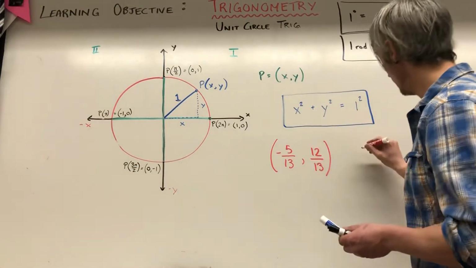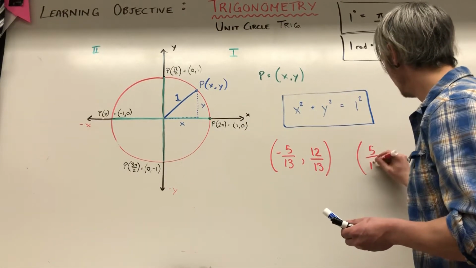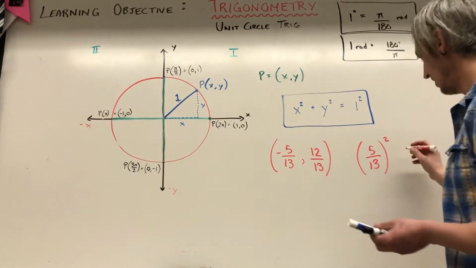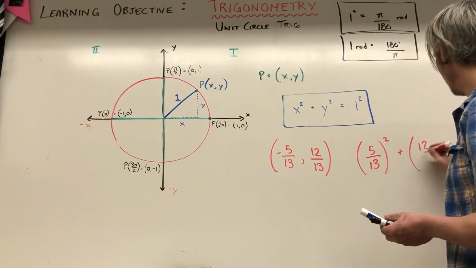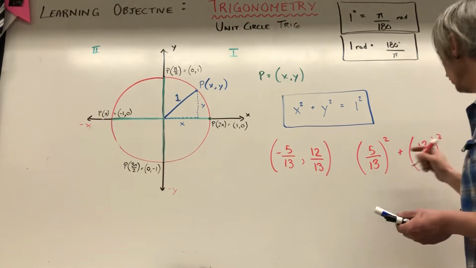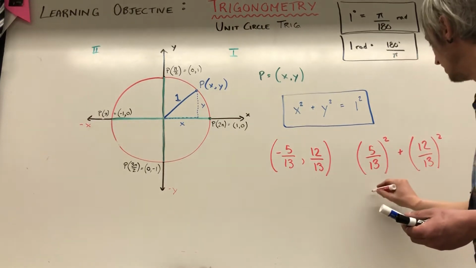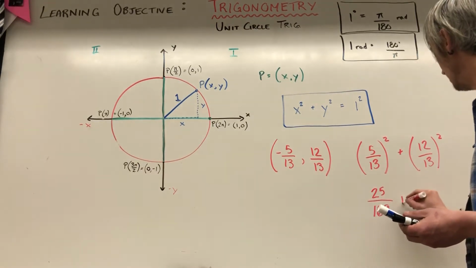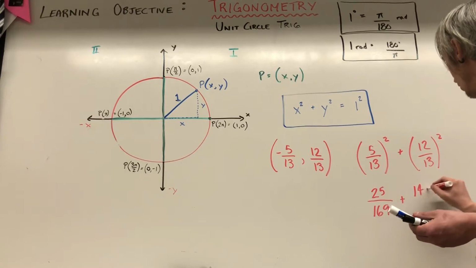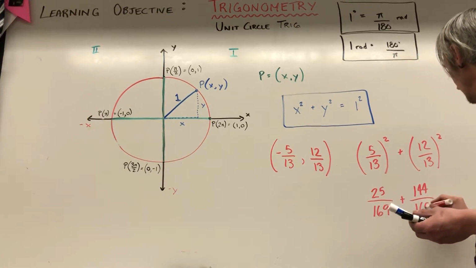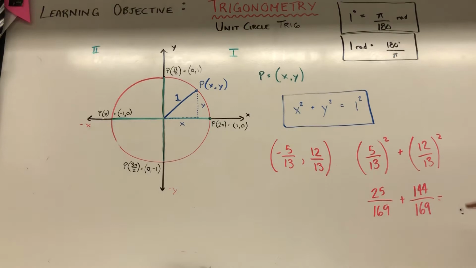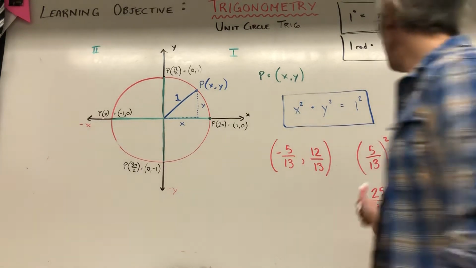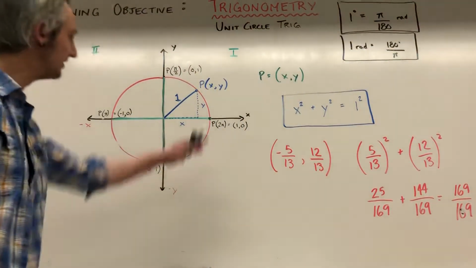So I'm going to do x squared, so 5 over 13 squared. The negative will disappear with the square, plus 12 over 13 squared. And when I do the math, I can distribute that square. So I get 25 over 169, plus 12 squared is 144 over 169. And when I add these two together, I get 169 over 169, which is 1, which tells me, yes, this point is on my unit circle,